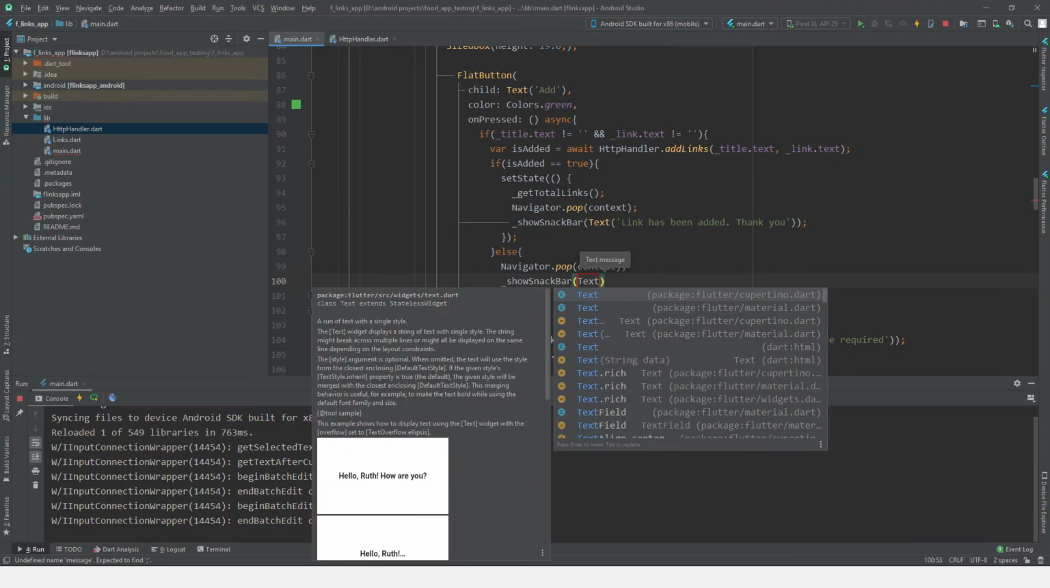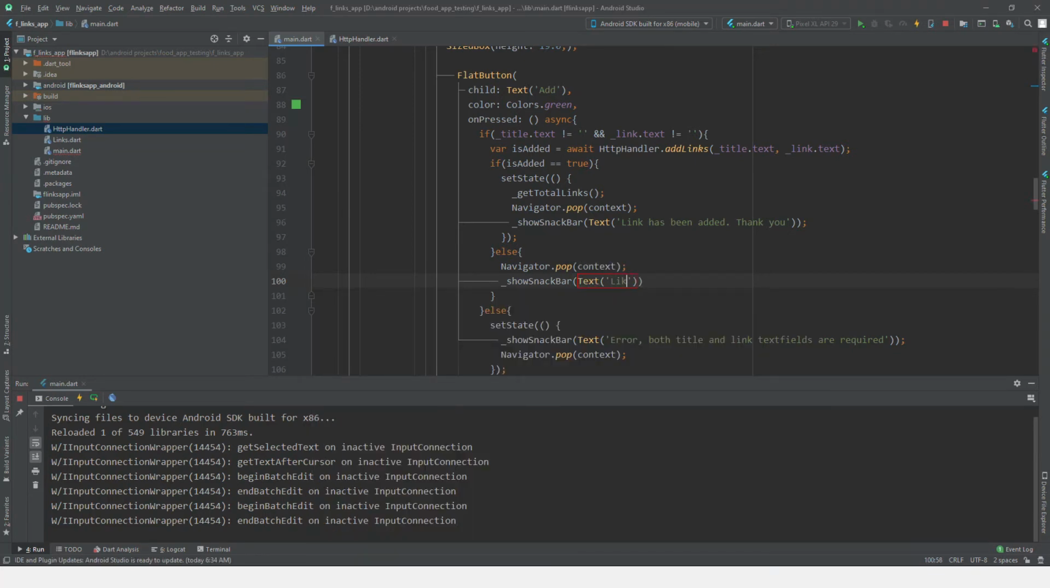Text, link. So I'm going to go over this again. Here we're going to check if both of the text fields are empty or not. In case they are not empty, here I'm going to call this function addLinks, and then I'm going to